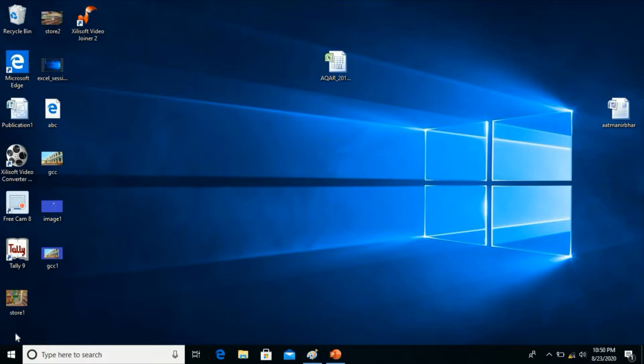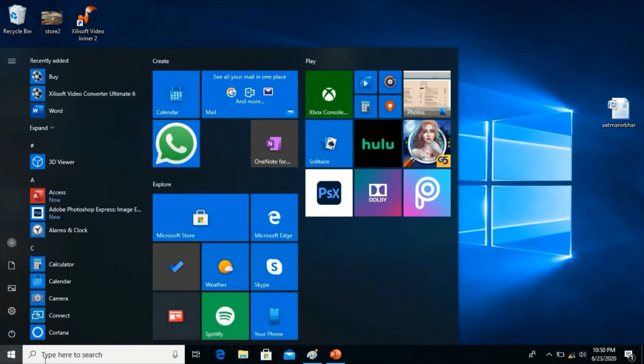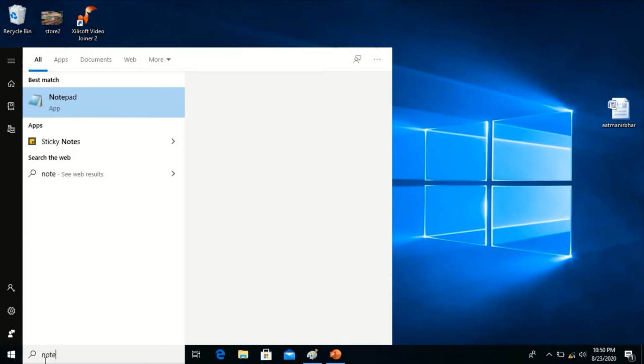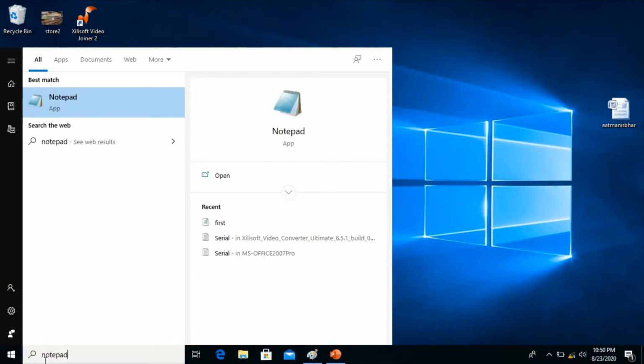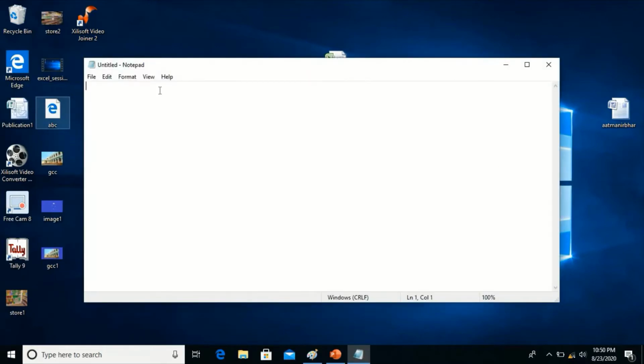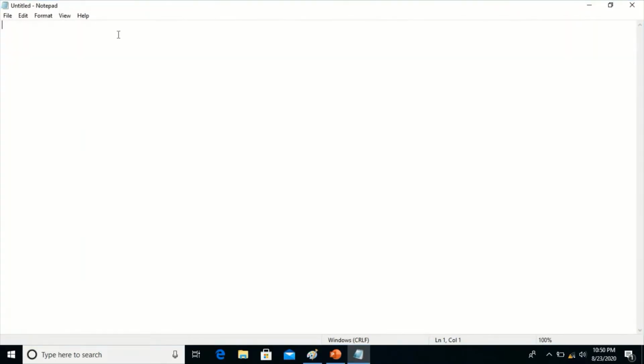Here we are using the Notepad editor to design HTML code. Let me maximize the screen.